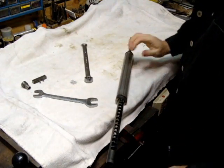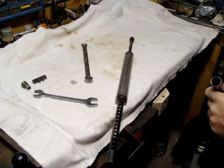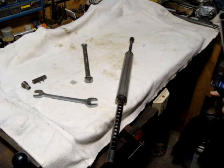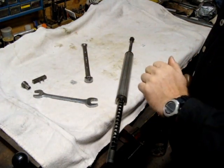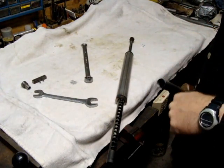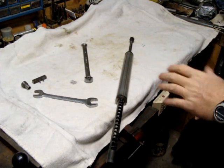Now, this is a Gen 1 core, so the baffles look different from a Gen 2. Ours still shoots fine, so we haven't bothered to change it out yet. But then you'll just clean down inside here real good. Typically we use, I think, a 20 gauge shotgun brush to scrub it a little bit, and then wipe it out with a shotgun swab. And then once you clean that,